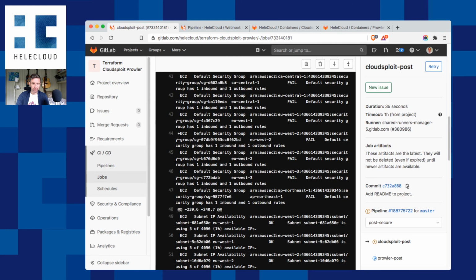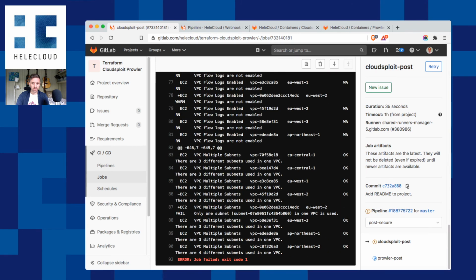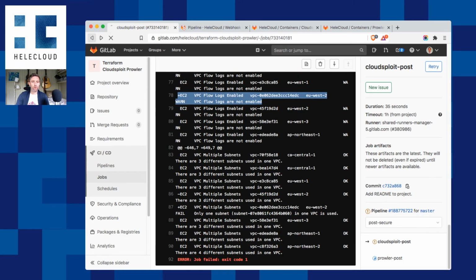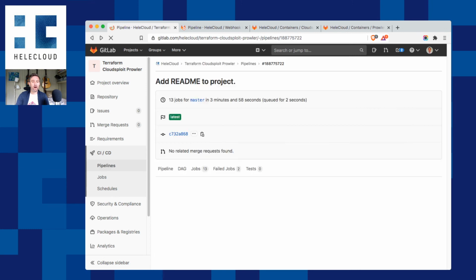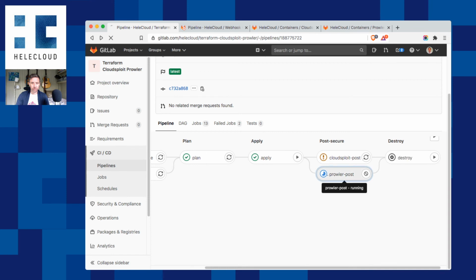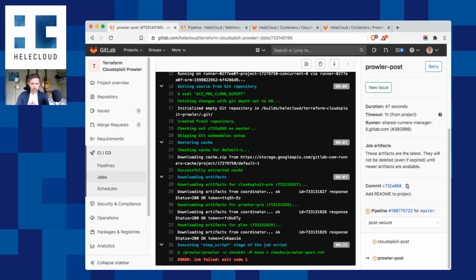So we should only have specific rules that are set up, and we don't have flow logs properly enabled inside our EC2. So we've gone back with 3 or 4 issues that have now been highlighting what the problems with our infrastructure deployment is. And we should also see that Prowler in its specific runs, it will have failed,